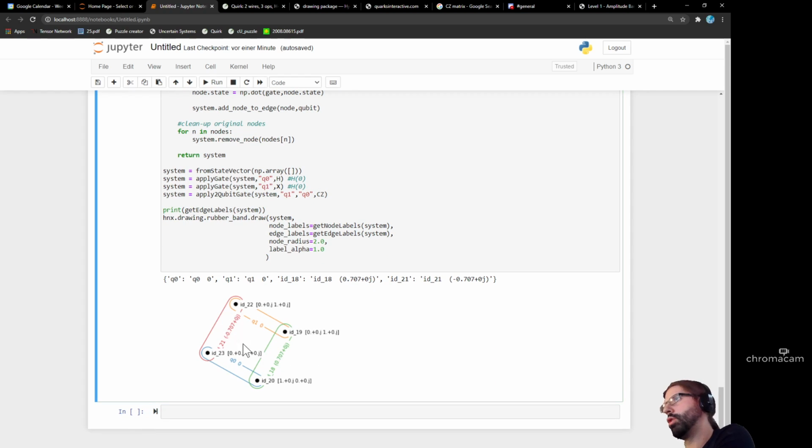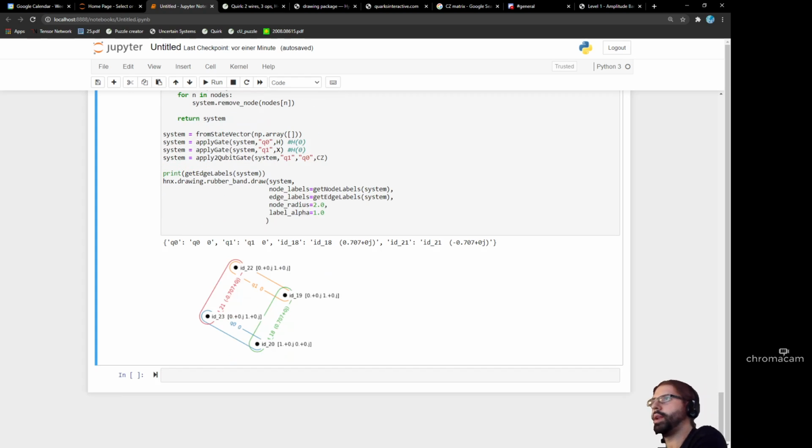Now we want to merge that. Because this does not generate entanglement, we shouldn't have these red and green edges, and so we should just go and merge them. And so the algorithm that I had in mind is something along the lines of, because at the end of the day, there's multiple ways to do that, I assume, but I think they're all equivalent. Of course, that's something left to prove, but I would just go qubit by qubit and say, okay, so